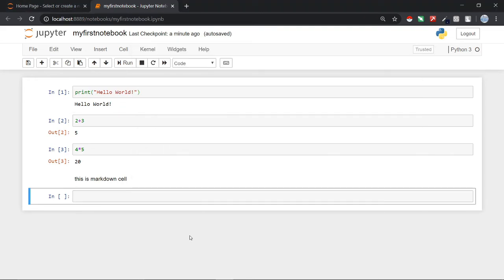And one more thing, guys, if you want to save your notebook instantly, just press Ctrl plus S, same as you do in Word or a PowerPoint presentation, and as you can see, it shows a few seconds ago. So you can do it in the Jupyter notebook instantly also.